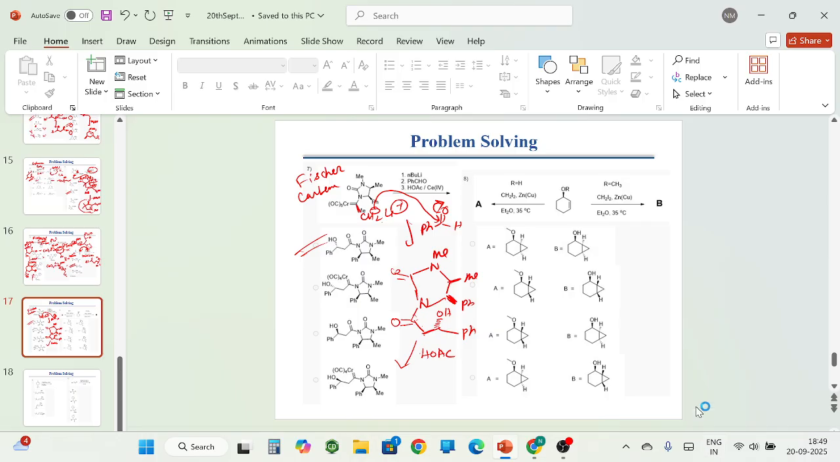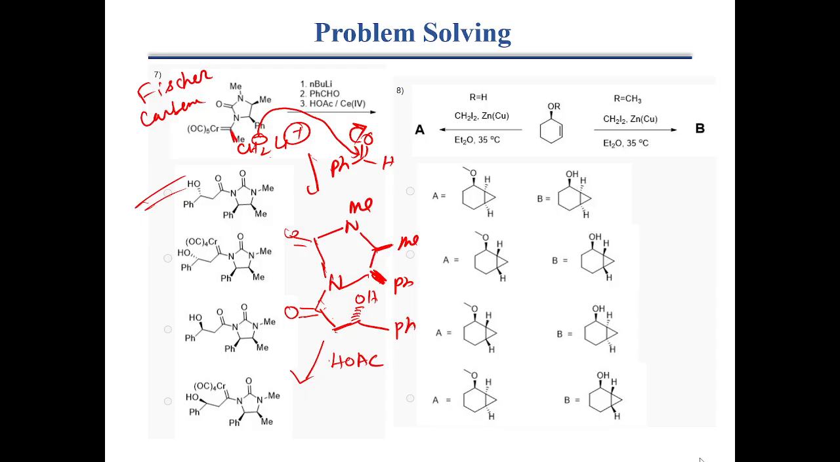Now the next question. This is the Simmons-Smith reaction, or cyclopropanation. So under diethyl zinc, diiodomethane and zinc copper, cyclopropanation happens. So as I discussed previously, it will form